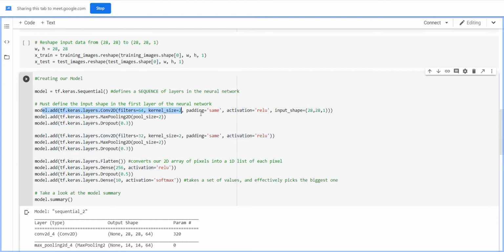After using the convolution 2D layer, we would use max pooling with the pool size 2x2. And after that, we would use dropout with parameter 0.3. And this would be our first part of the full layer. We would use the same in the second part: convolution 2D, max pooling, dropout. After that, we need to convert our 2D array of pixels into 1D of each pixel, and we would use flatten, a fully connected layer,